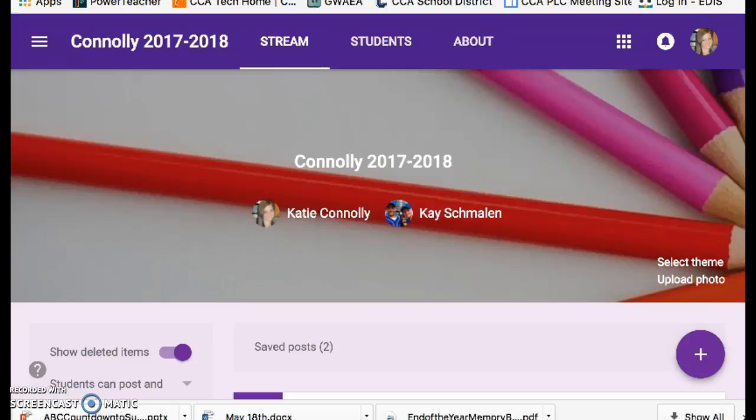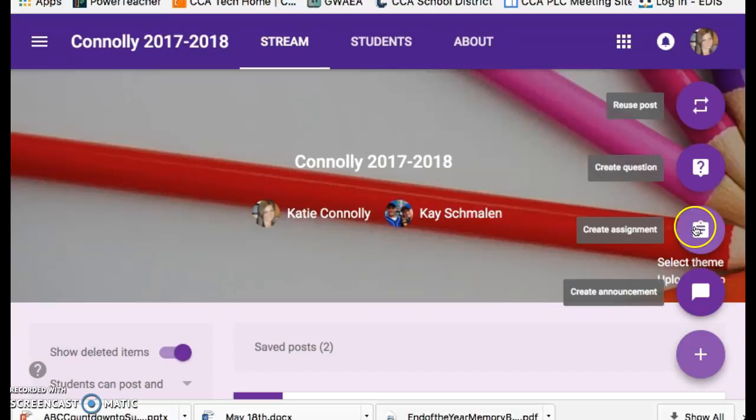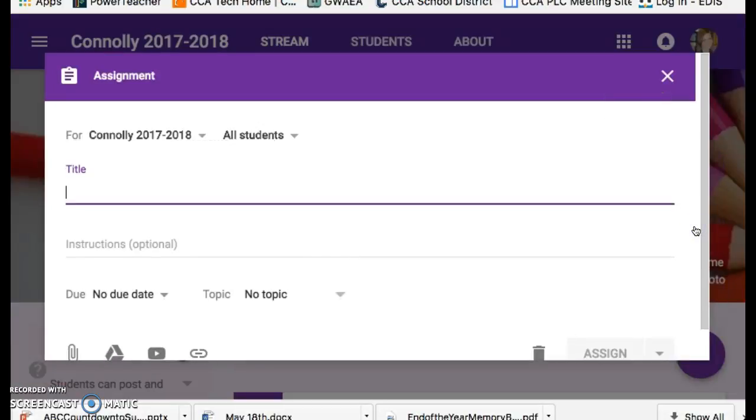So to do this, you're going to go to the plus sign and click Create Assignment. In my classroom, each week or every 2 or 3 weeks, we have a new theme. A theme that we just wrapped up was ocean animals, and my students really enjoyed this. It kind of takes over our science themes when we're not using our science kits, and we've been focusing on different kinds of animals. So I'm going to show you how I would upload a link from YouTube about ocean animals. My title is going to be Ocean Animals,